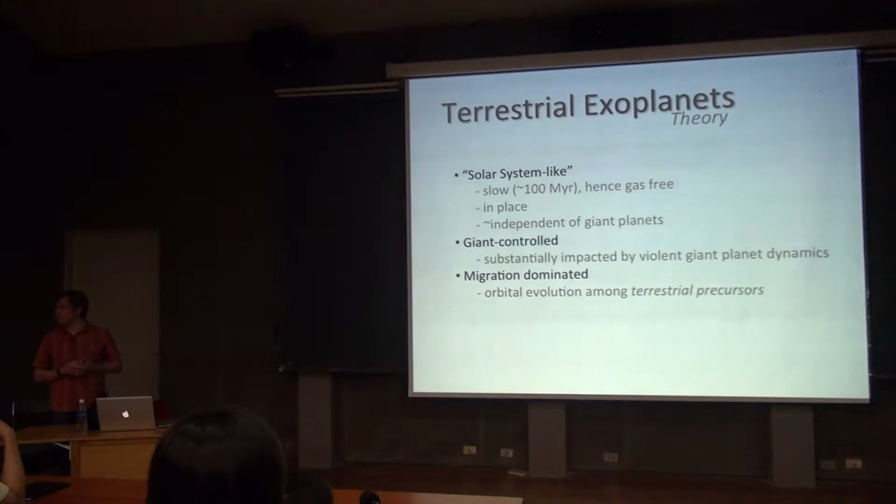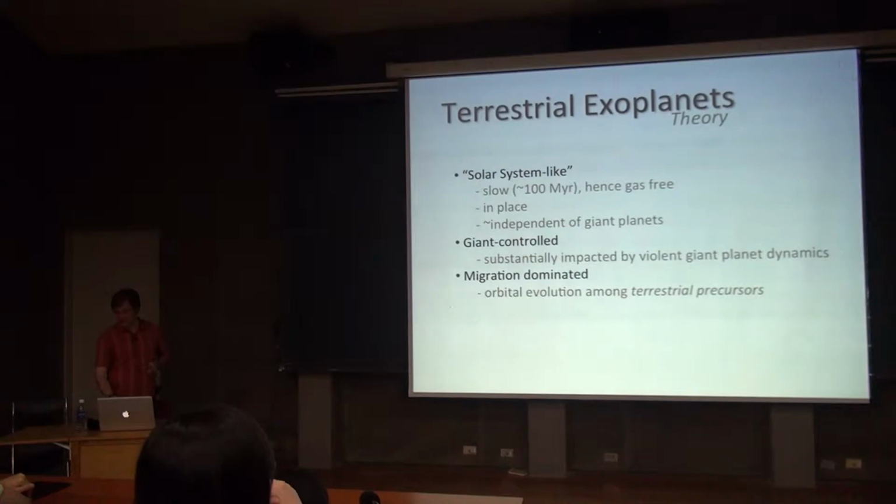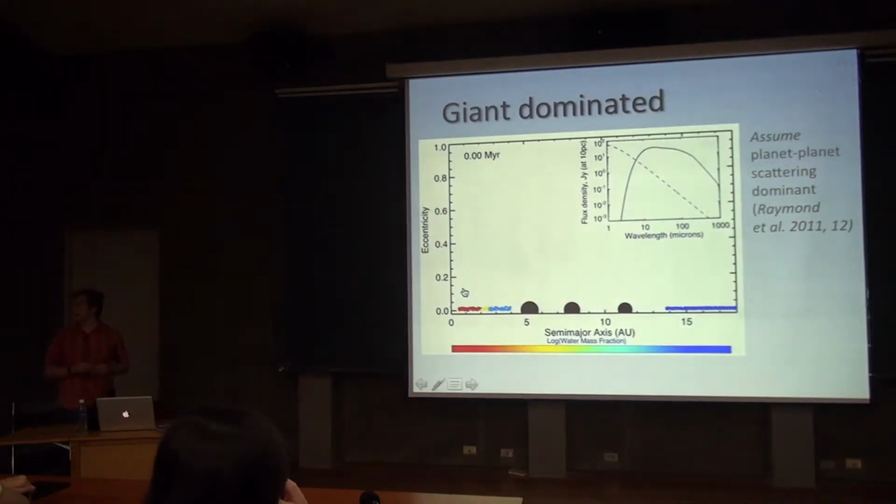Now, I think there's possibly two other modes of terrestrial planet formation. One is controlled by the giant planets, so that would be occurring in those exoplanet systems where the giant planets perhaps have violent scattering interactions amongst each other. And then there may be a third mode where the formation of terrestrial planets occurs earlier, and therefore the material is subjected to gas effects and can move around radially to different distances from the star. So let me show you some examples of what we've been doing to try to understand